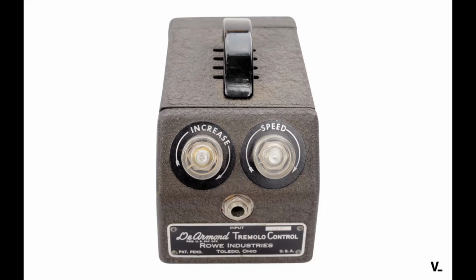So the earliest effect is a tremolo. And yeah, this came out in the 40s, but, don't ruin my narrative. Big Bill Broonzy, the blues player that I was showing earlier in the upper right, was one of the first guitarists to be recorded using this effect. And so basically,